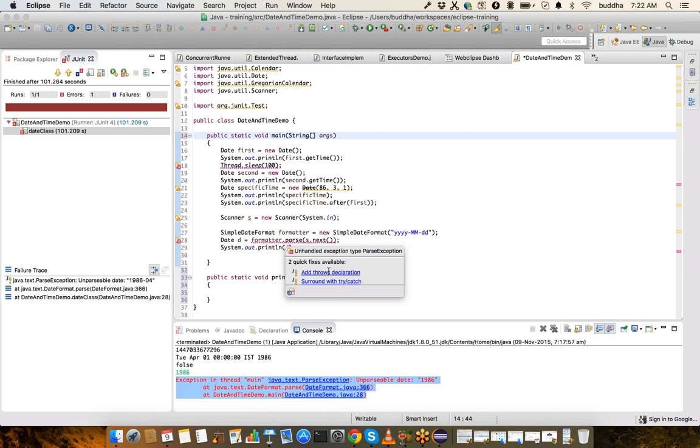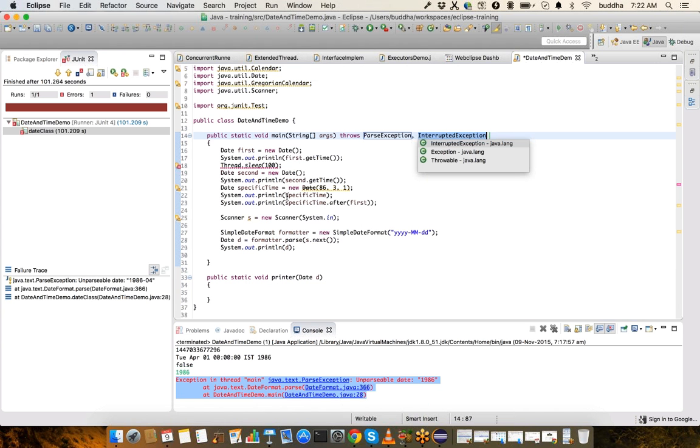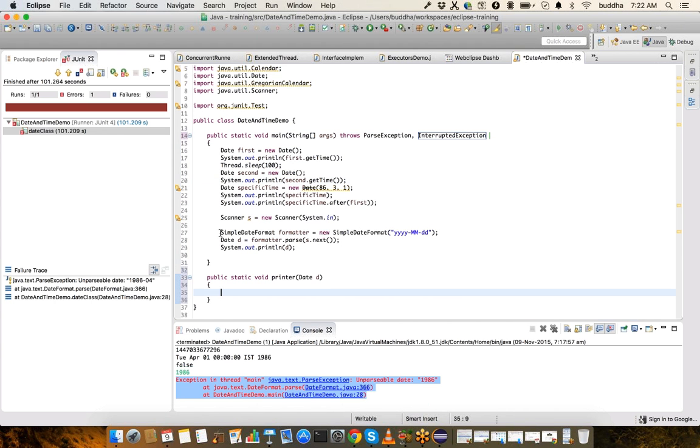Okay. We have simply used the throws keyword to specify that our main method is going to throw this exception. Okay. Let's say